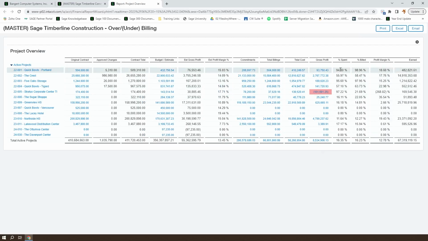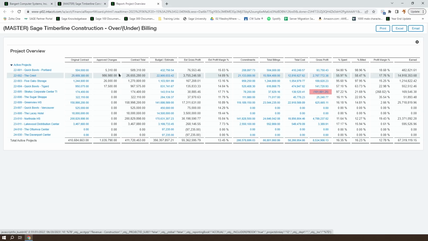We can see 94.8% is what we're using as our percent complete. That says we've earned about $482,000, which on the original contract of $504,000, that feels about like 95%. If we've got a little over half complete on, sorry, we should use the contract total, on 26.5 million, a little over half of that is 15. Yep, that seems about right. So it looks like our calculation's probably right.